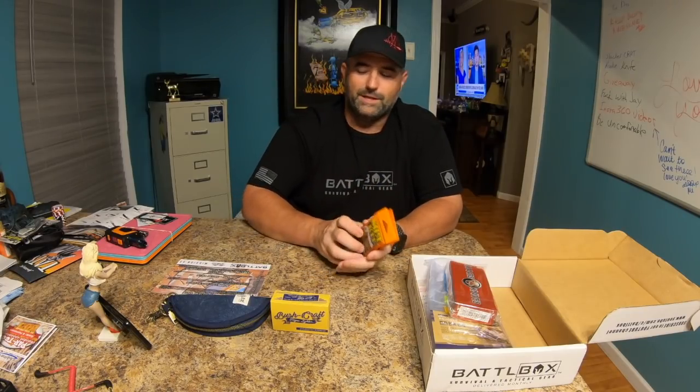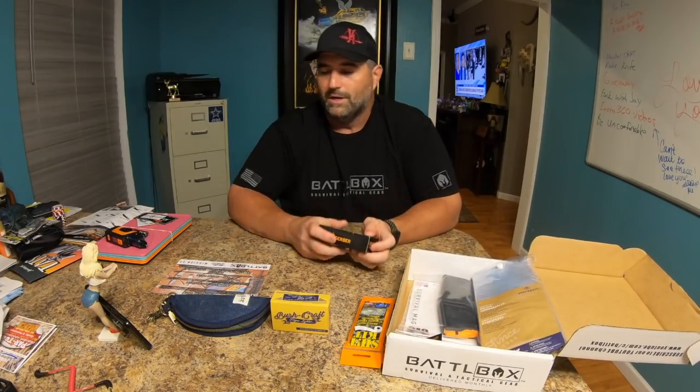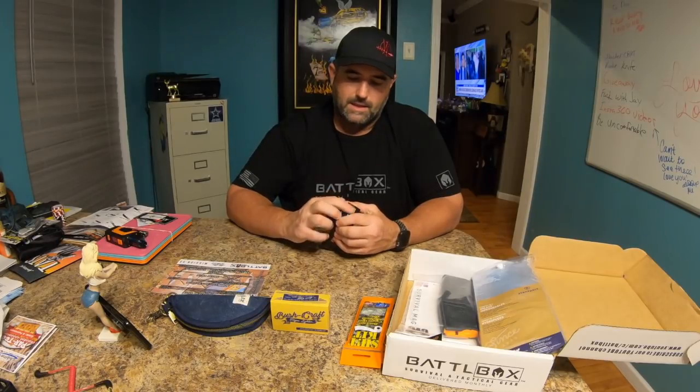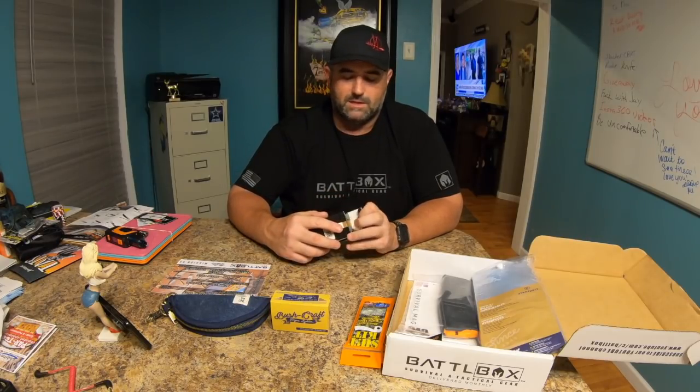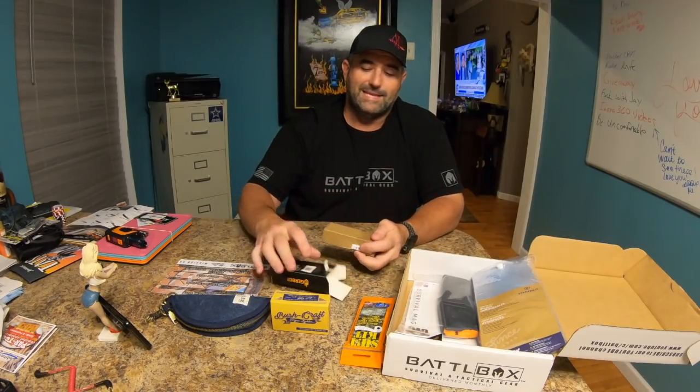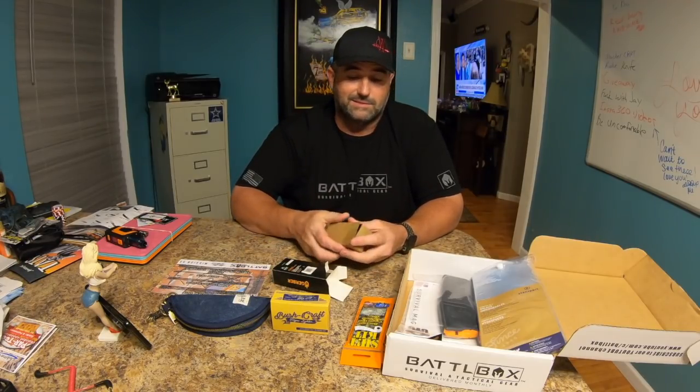Alright, cool deal. 2-pack there. Next up is going to be the advanced box. And the first thing in the advanced box is the Gerber Suspension NXT. Okay? A lot of people are going to say things, but whatever. It's $37, and this is a pretty nice